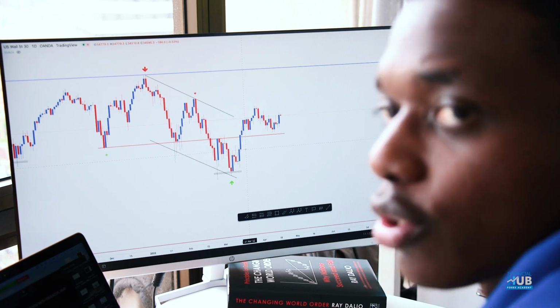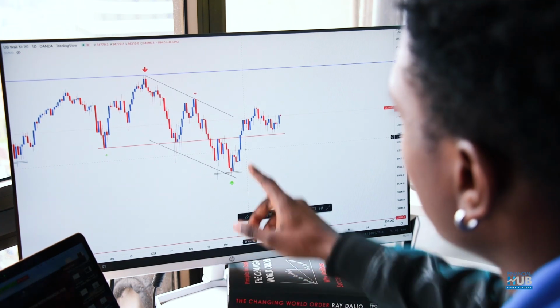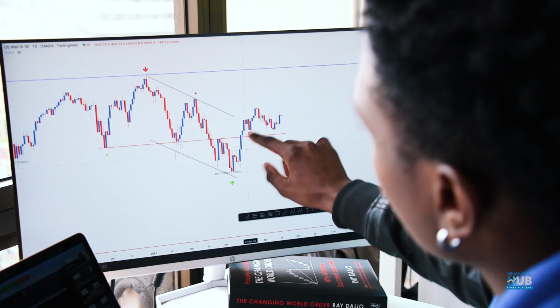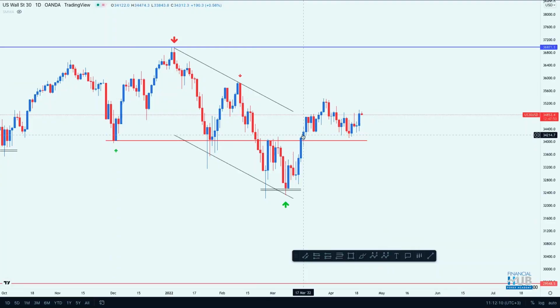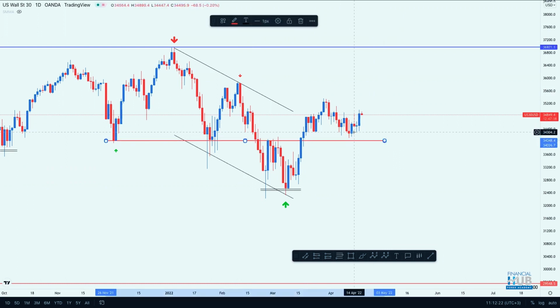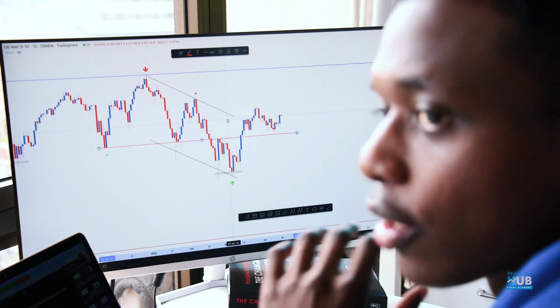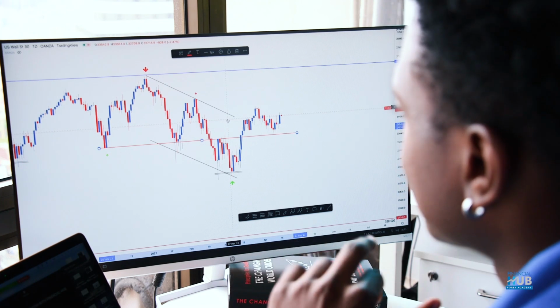So I'm always paying attention to how market is closing above the resistance levels. If you see market closing with this strong momentum that market did, then you want to be very bullish, okay? When market closed with a lot of momentum to the downside, then you want to be very bearish on that one. But now that we're bullish, market sort of got that break, came back, had a retest, better seen on the 4-hour. I'll go down to that. But this was more or less a breakout and a retest of the trend line and as well the resistance and support, okay?